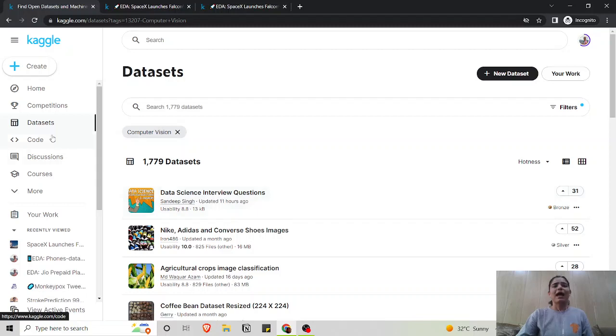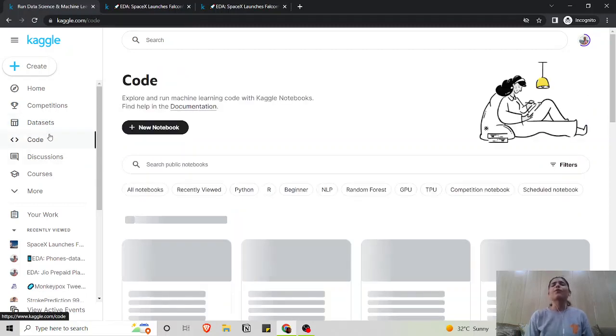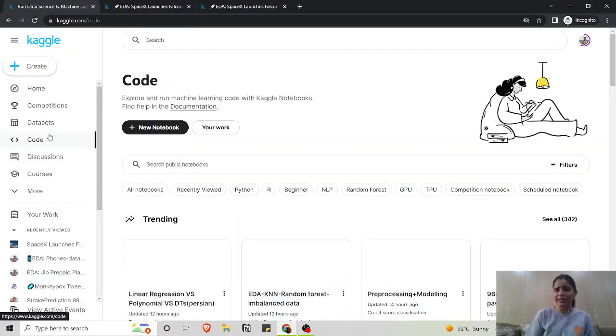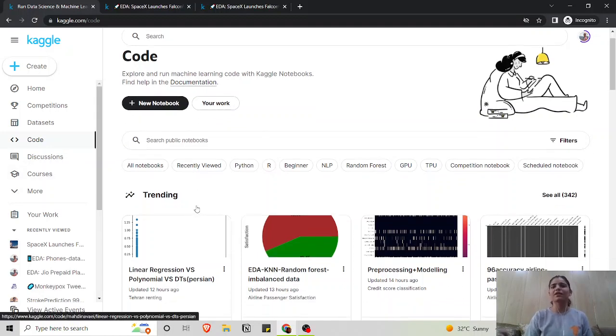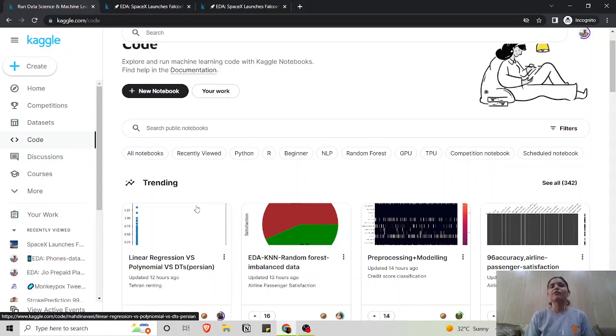Then we have some code over here. So if you're someone who is really new and don't really understand how to get started with Kaggle, Kaggle code is really important and useful as well. So what you can do is you can scroll around and see different notebooks made by people and contributions. So you can check out their codes.